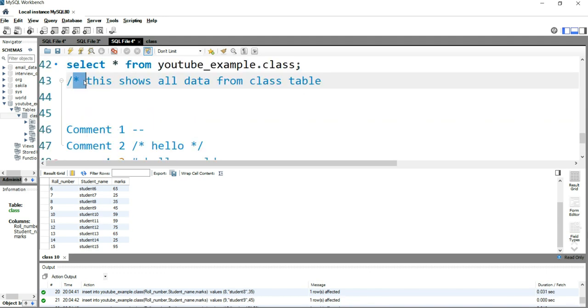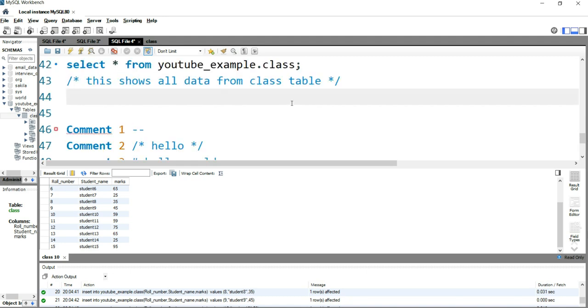So when I'm using this slash and asterisk mark, I have to close it also. In order to close this, I need to put an asterisk mark first for closing the comment, then I need to put a slash. Now SQL will know that at this position the comment is ending, and after this position I have to consider it as a query. So for starting the comment you need to put slash then asterisk mark. For closing it you need to put asterisk mark then slash.